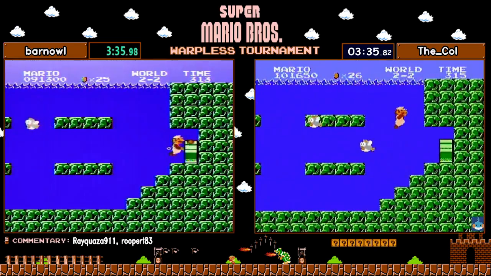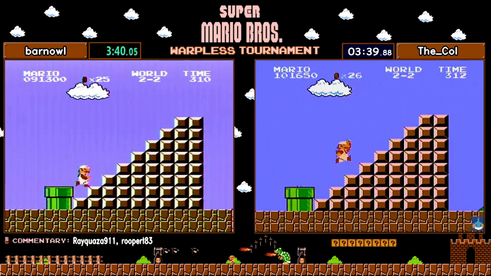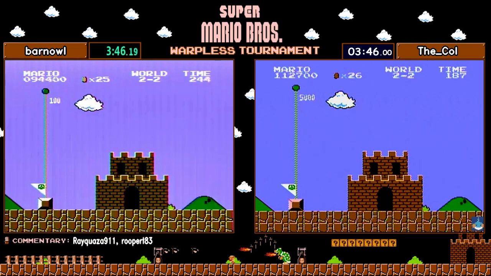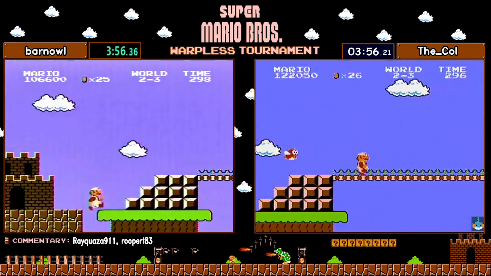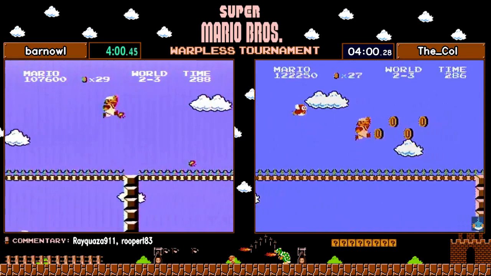barnowl got stuck on the Reef of Grief a little bit, and it looks like they're about synced up again. And barnowl had to wait a bit there at the end, so I think Cole took the lead. So it looks like the Cole is about 2 frame rules ahead. Which is not really much, but...